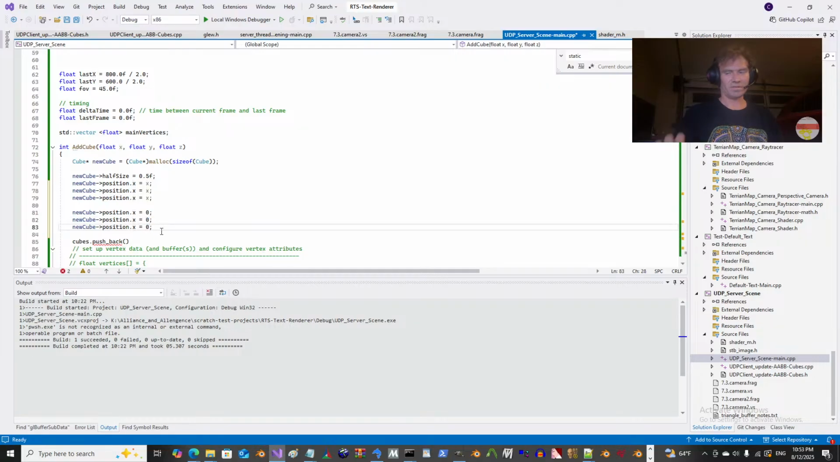Velocity will be set to 0.0f. Position will be set to XYZ. And then if I forget to change velocity somehow, then it will complain. It won't work, right? Okay, so